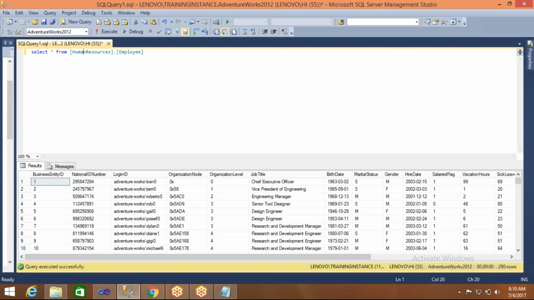At the time of execution you will give the period details from July 1st to July 4th, so it will pick the data from July 1st to July 4th, whatever new records or old records have been updated